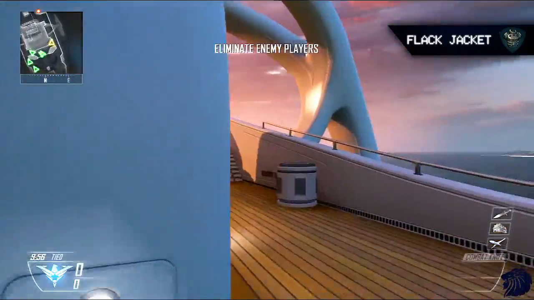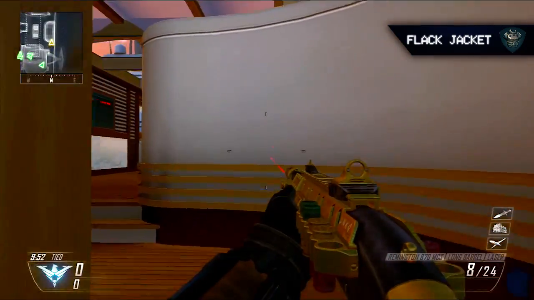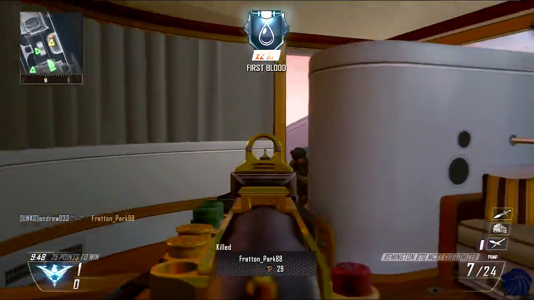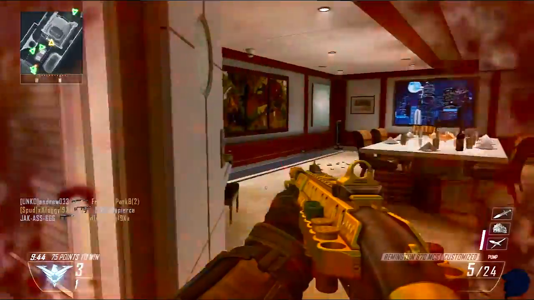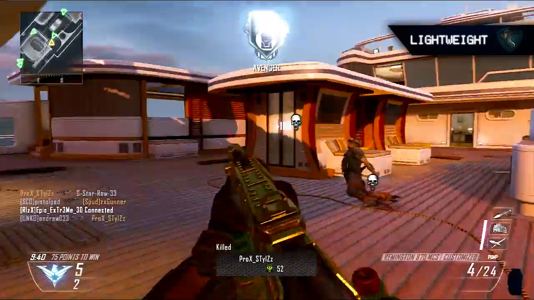So again, flak jacket is essential because there will be claymores, there'll be betties, there will be people throwing grenades at you, and flak jacket is just generally needed. And I find in Black Ops 2 people throw a lot of explosives, so flak jacket is definitely a star perk to use. Secondarily, we're going to use lightweight because with a shotgun you want to be in people's faces,